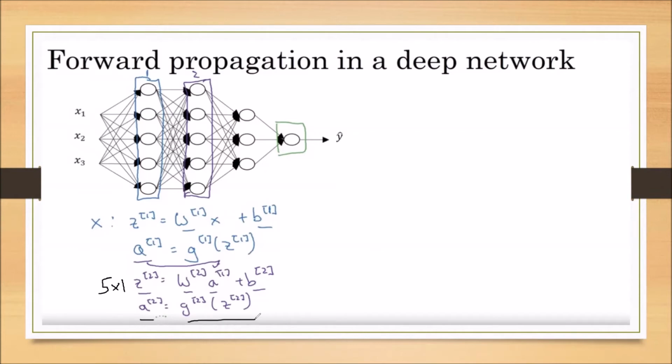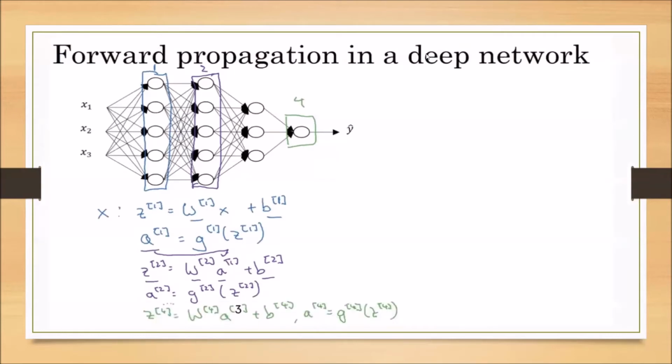First, finding the Z. For finding the Z, we are using the W, X and B, or W and input plus B. And already we know this B is fixed. Already we are saying this as a bias for each training sample. We are using the W, A and B to calculate the Z. In the second step, we are calculating the G of Z. Those two steps we can continue even if we have 100 layers in the neural network.